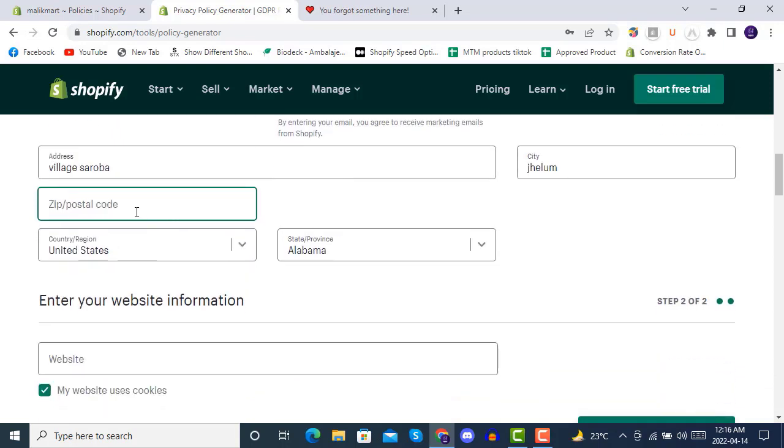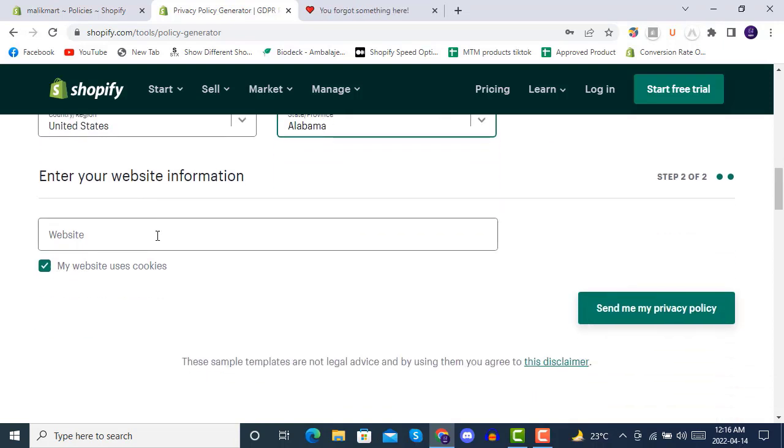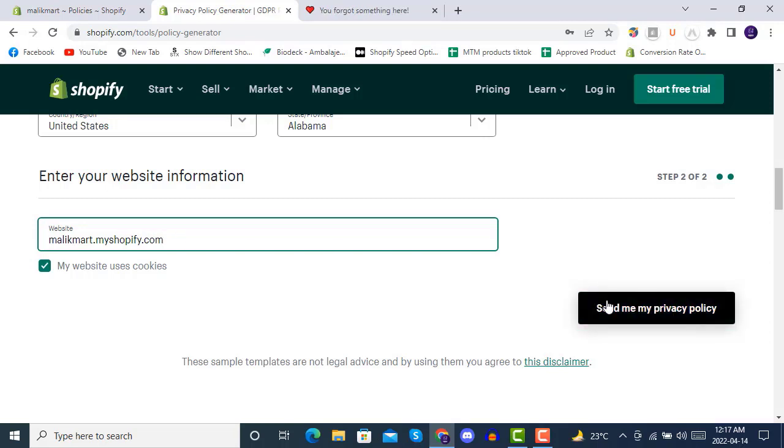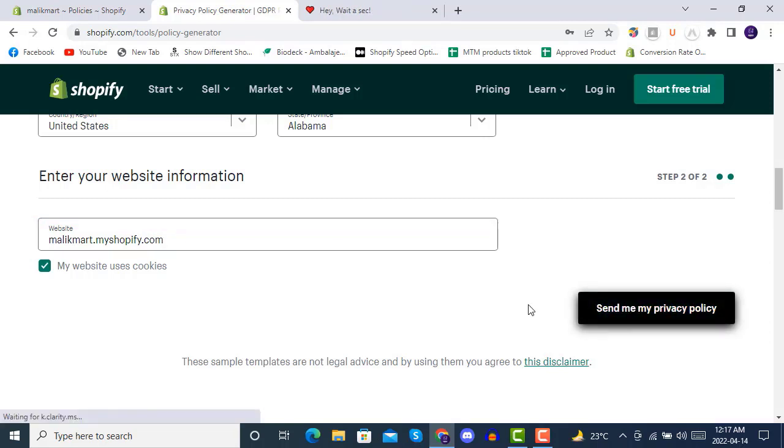Keep in mind that all these settings, all this data will be showing in your privacy policy. Here we'll write, you can also write the name of your store, and then when we click on send privacy policy,